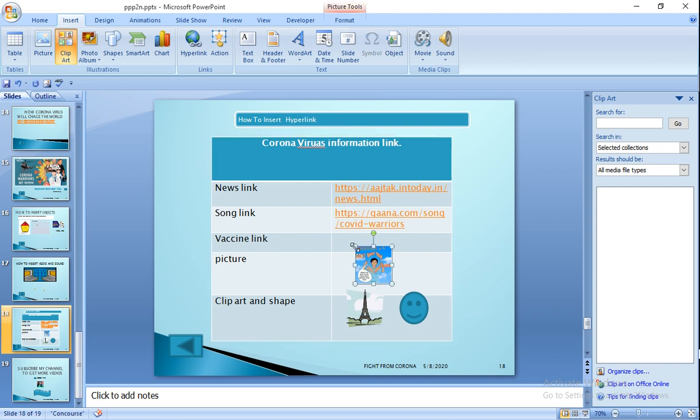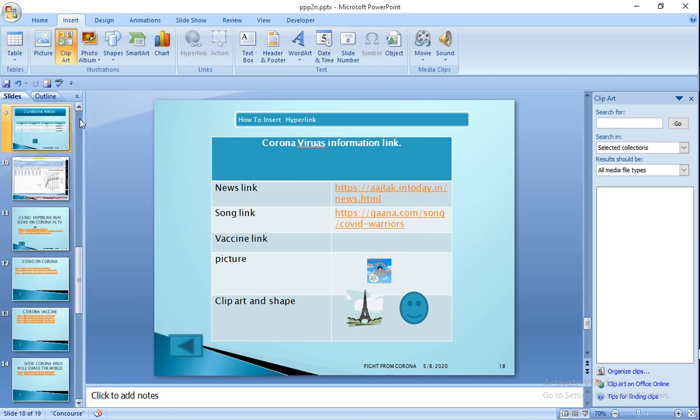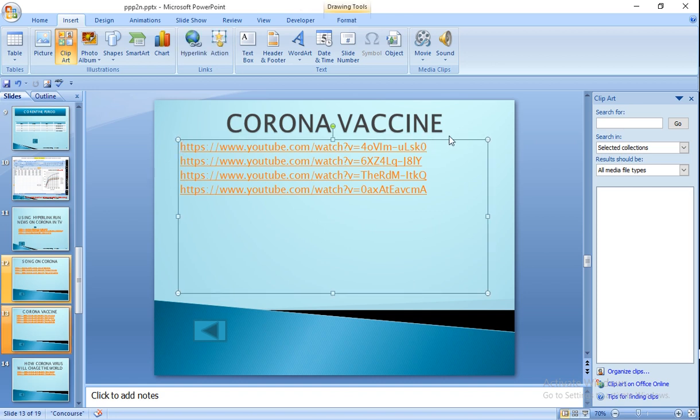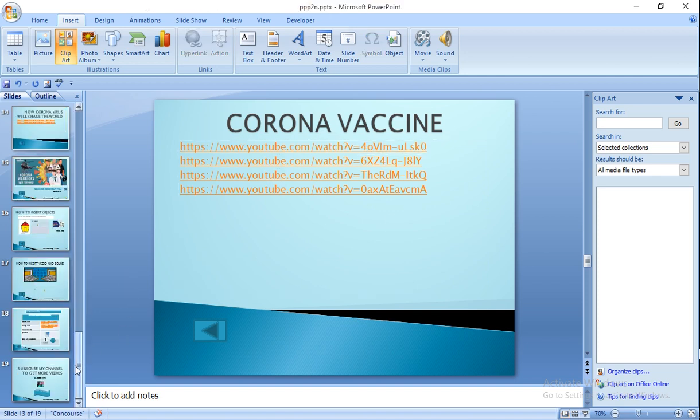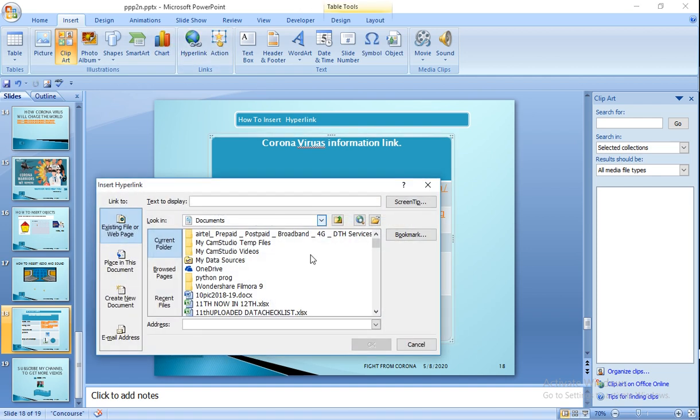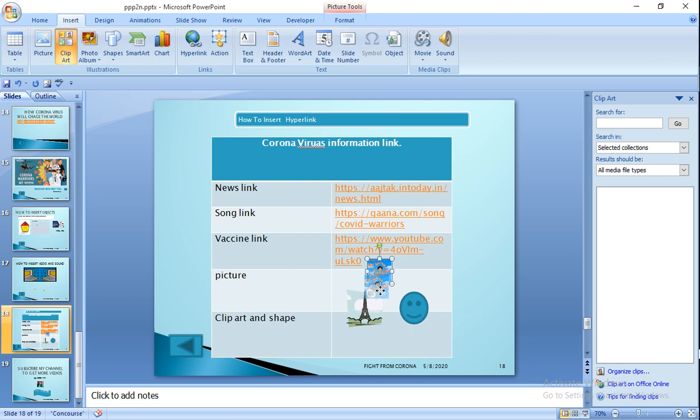Same way you can make a vaccine link. Come here in vaccine and copy it. All these links you can run online, which I will tell you how to run. Control C, then come to the tutorial. Here you press hyperlink. Here you type that link or paste that link, then you will get the link.